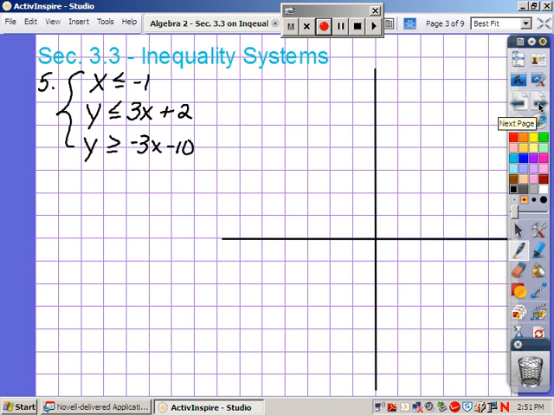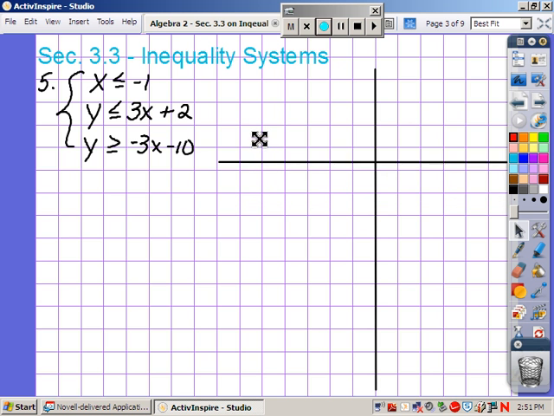All right, so number 5, one of the ones we didn't do in class, it has a couple of things that I think could potentially make it a little difficult. First off, there's 3 things in it rather than 2, so that already might make it at least a little longer to do. But also,